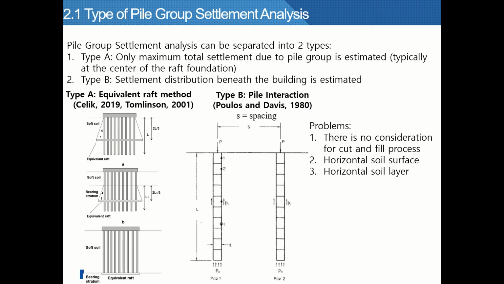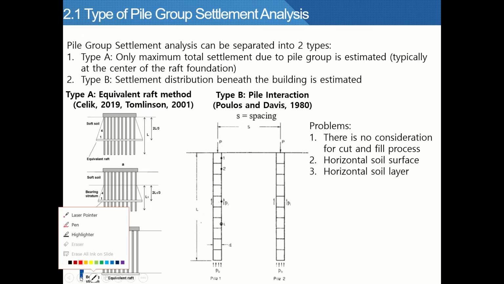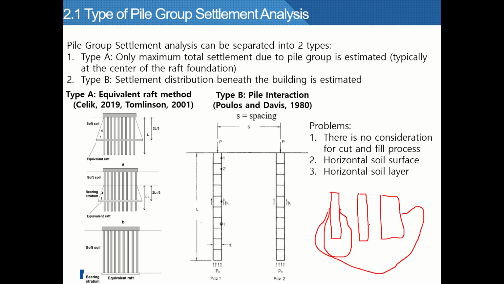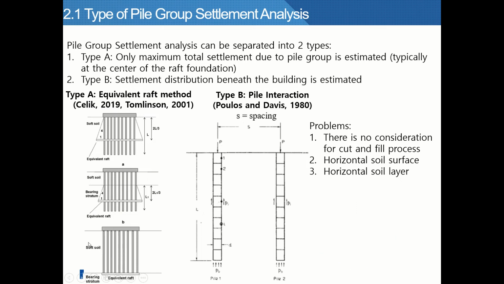We already understand that pile group settlement is different from single pile settlement due to the stress bulb which occurs. If we have a single pile like this, the stress bulb will be quite small, but when we have a pile group, the stress bulbs will overlap, and we will have a much larger stress bulb. The effect is that much more significant settlement will occur. There are a number of methods up until now, which I can simplify into two types. This is my classification.